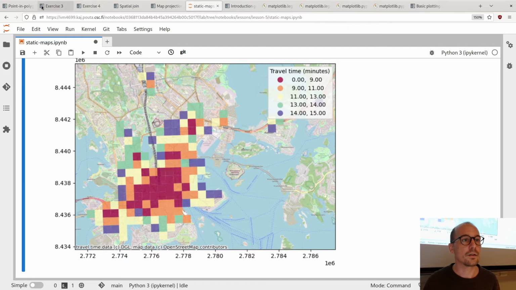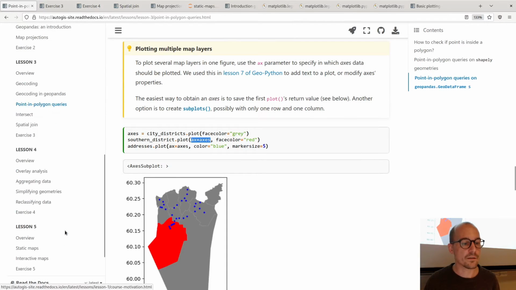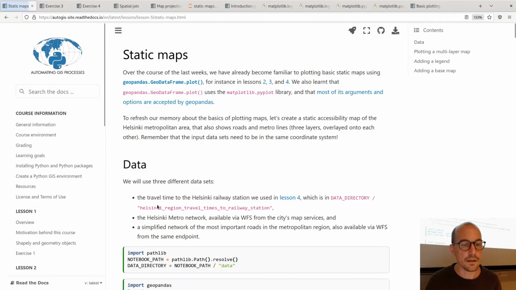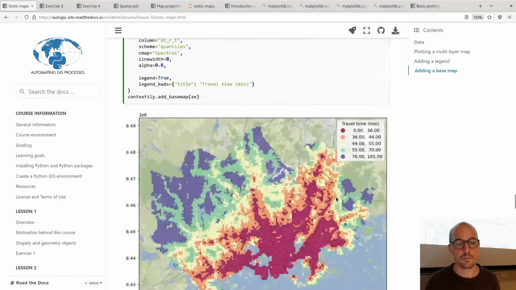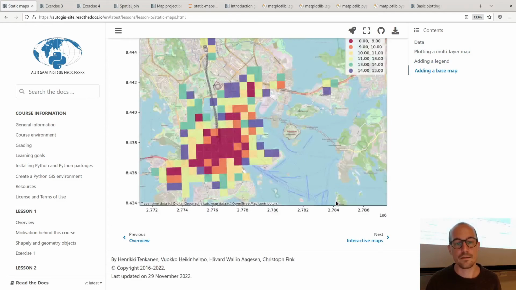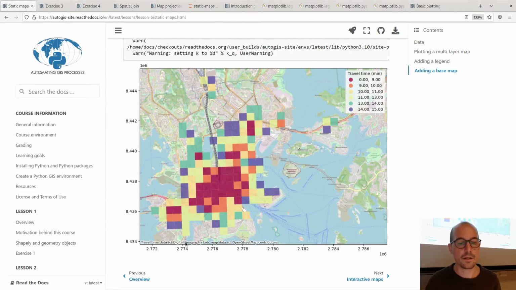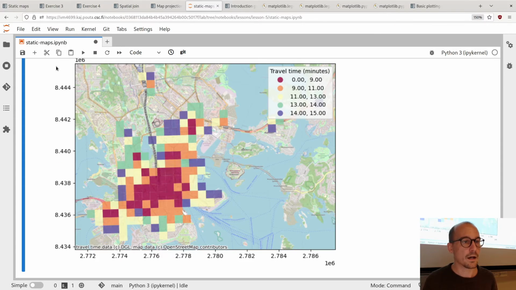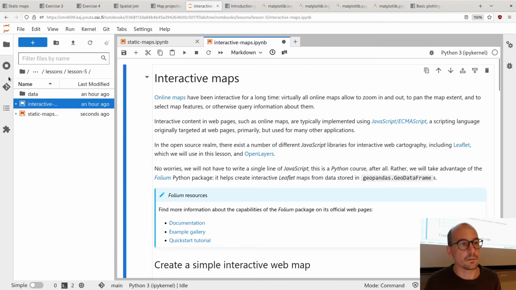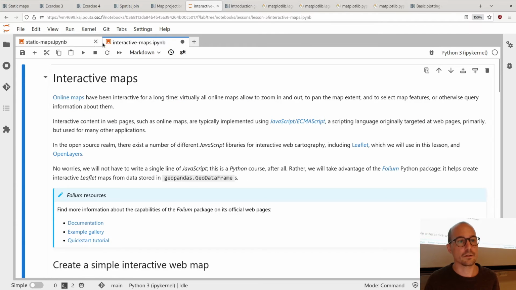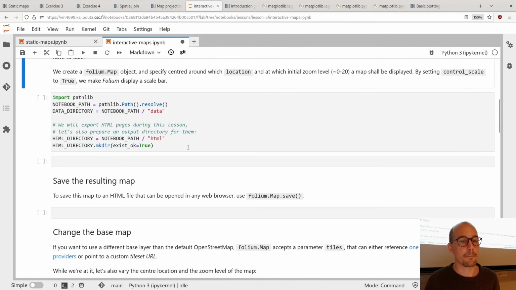You can revisit all of this as always on the course page. So it was on static maps, and we also ended up at the same final map here, except that I typed these things a bit more elaborately for the web page. But let's continue for now with the interactive maps. And that's the other notebook. If you just open that one,